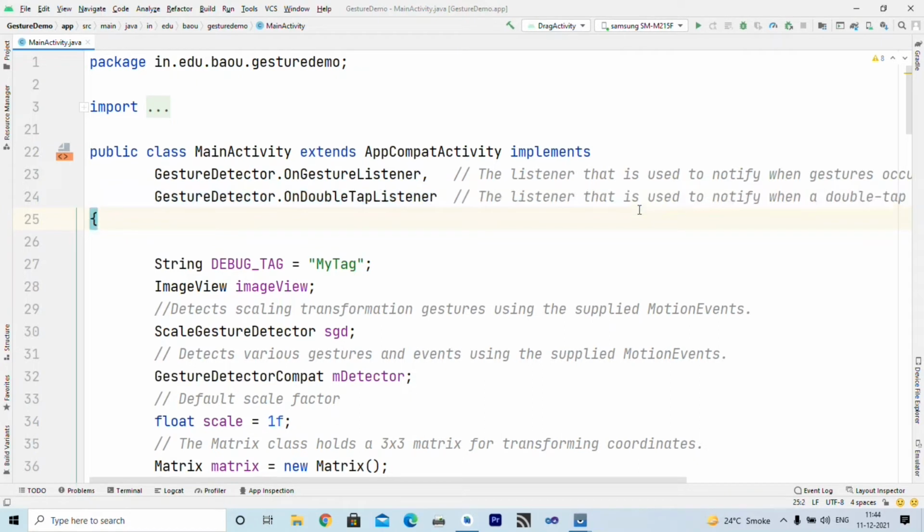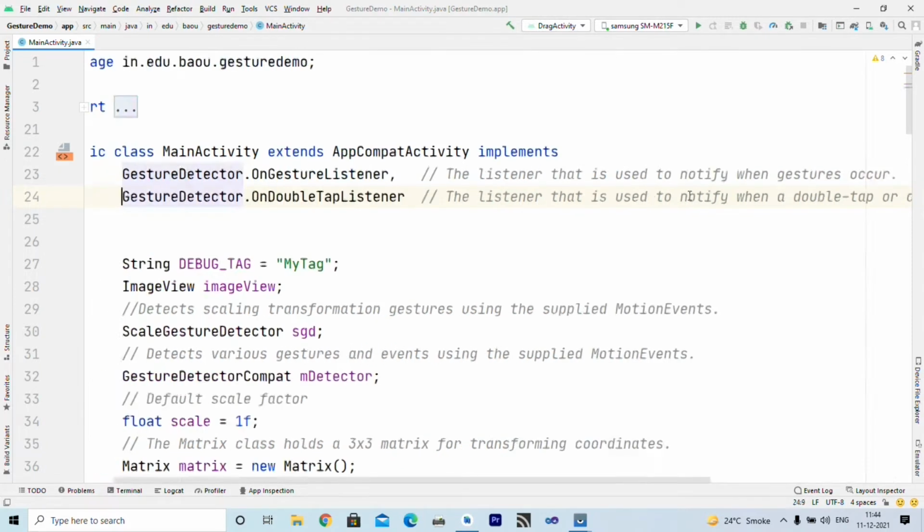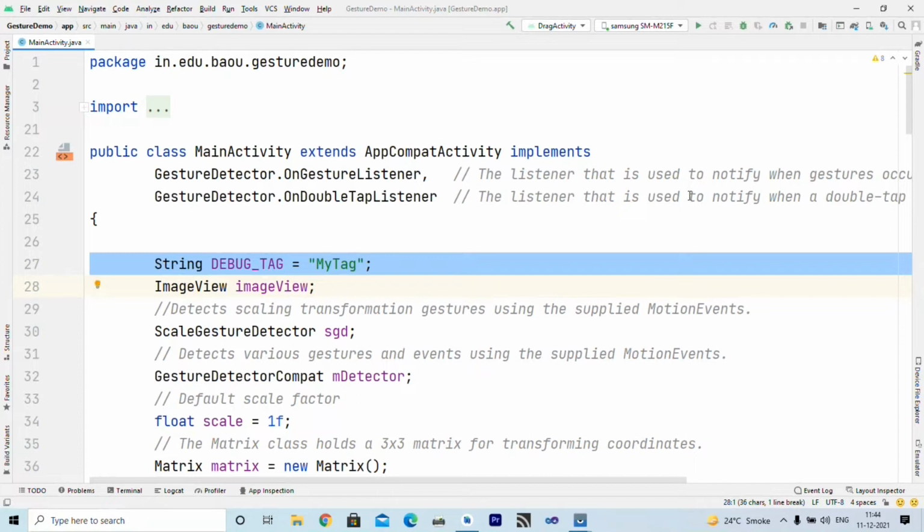This listener is used to notify when a double tap or confirmed single tap occurred, right? So, tap is the heart of gesture. Now, I want to display some messages inside the logcat window when a gesture occurs. For that I have declared this constant so that I can filter logcat messages.